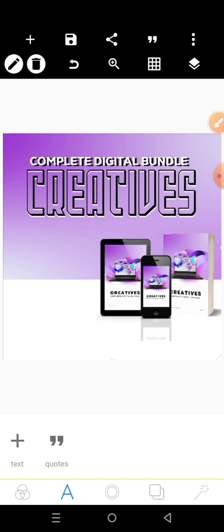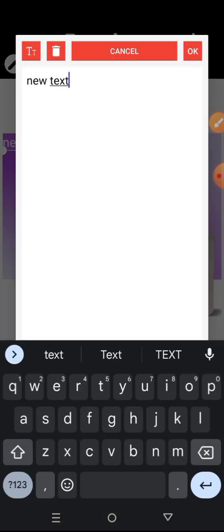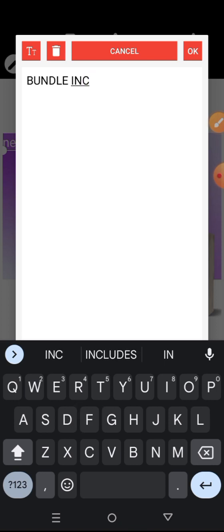So the next thing I want to do now is to type what I want there. So I will just type the text. Now let me show you how to bring the text, because I'll be typing outside the video. So you click on this A, and it's going to bring this pencil, which is edit. Then you erase it and put whatever you want to put there. So I said bundle includes,